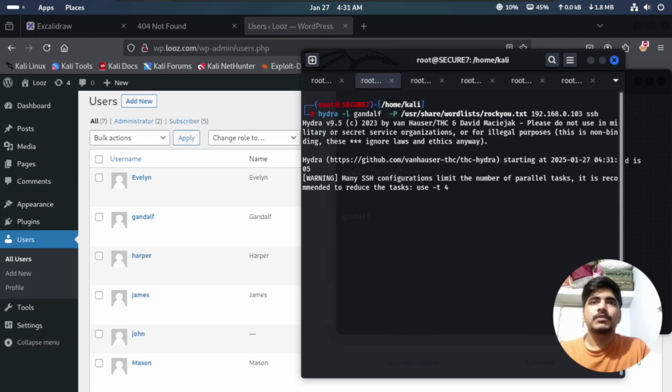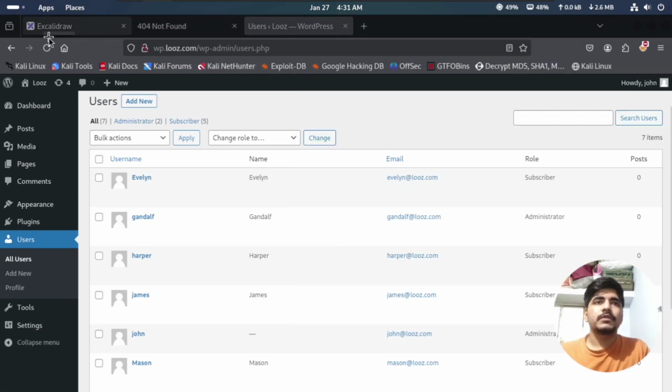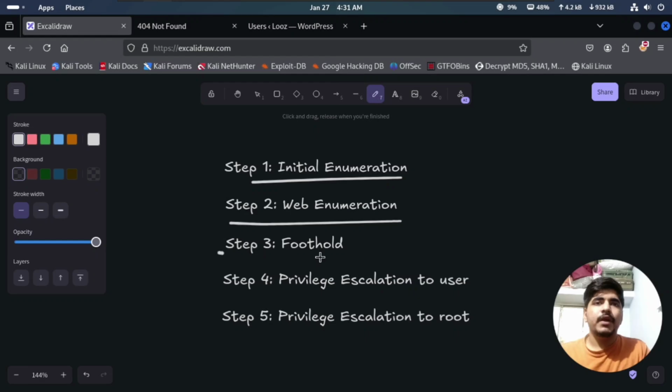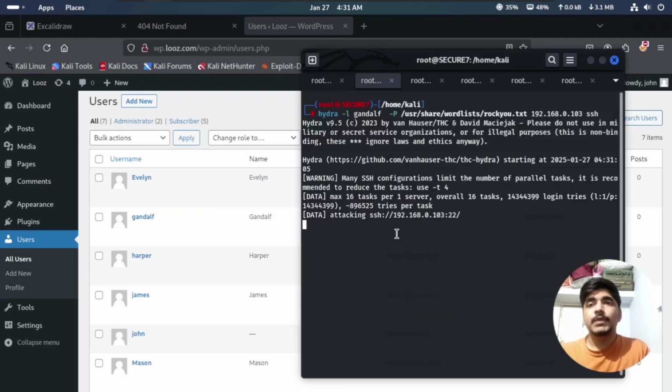So Hydra is working on the command and trying to brute force here. Here you can see SSH into 192.168.10.103, port 22. Port 22 is always assigned to SSH. So this is our foothold: we find the user's password by trying to crack it